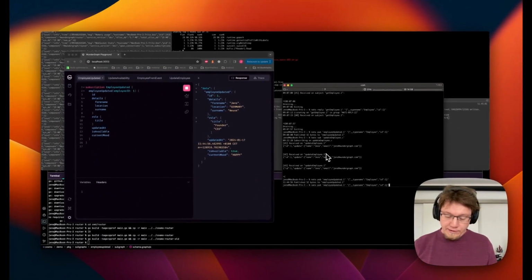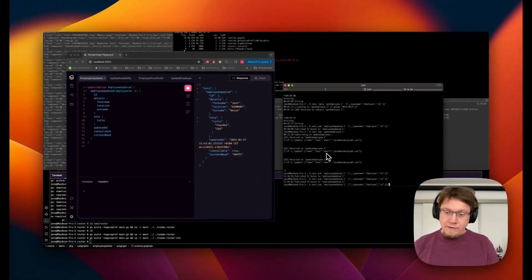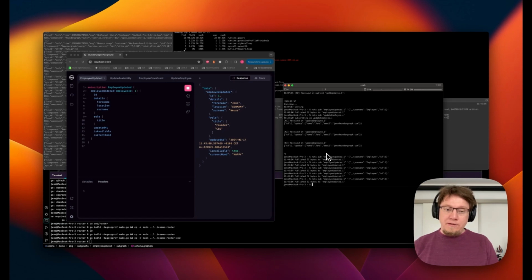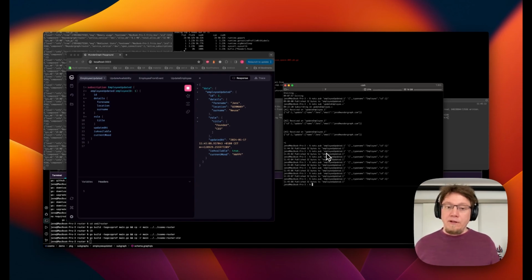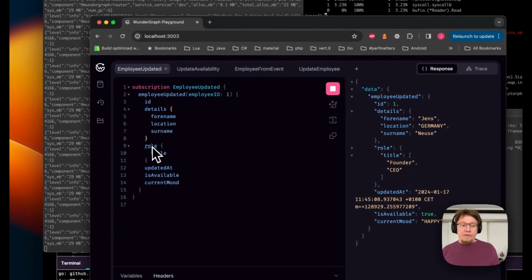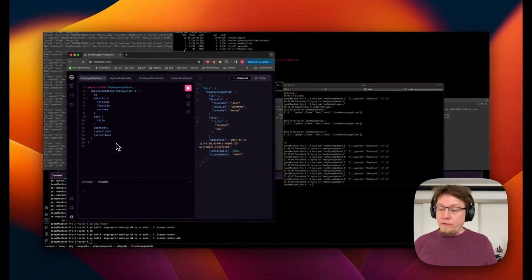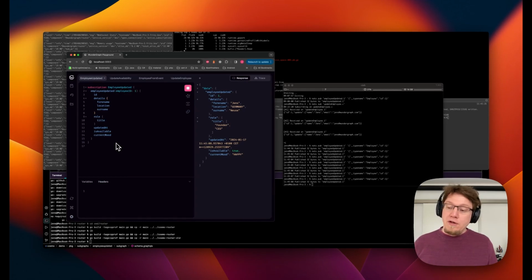I can do this again, and you can see how the updated at is changing. So the time is changing each time I send an event that invalidates the subscription. And what you also see, we query details, role, updated at, etc. So we query additional fields, but these are coming from our subgraphs. So what Cosmo Router does is it takes type name employee and ID 1, and then it starts additional